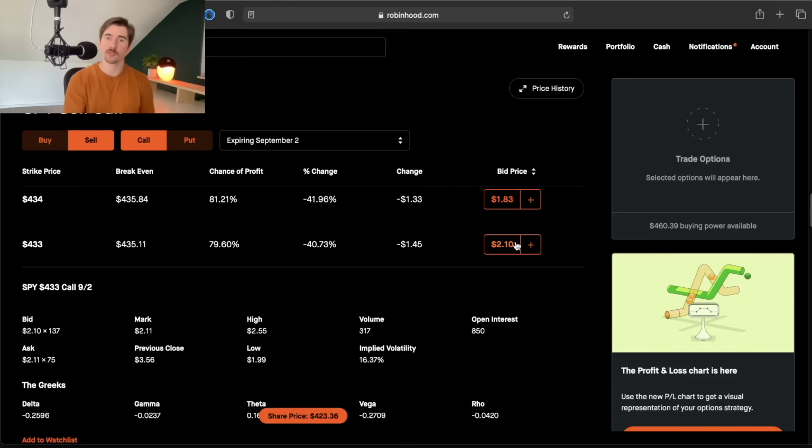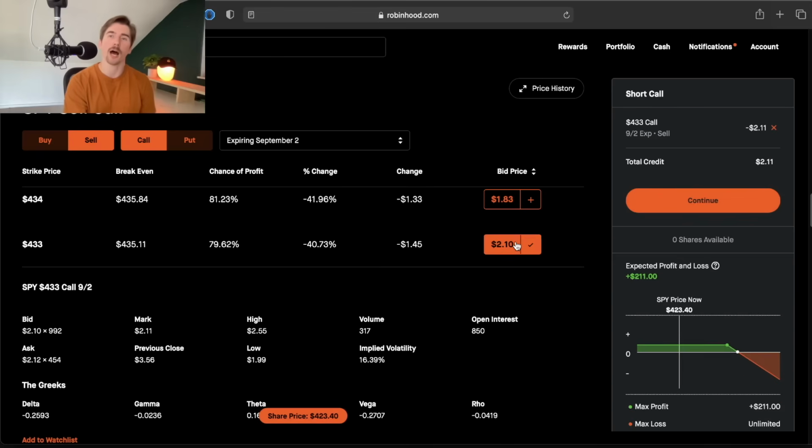And whenever I sell this $433 call, I'm agreeing to sell my 100 shares of SPY at $433. If SPY is below $433, then I get to keep my shares and I get to keep the credit that I'm collecting, which in this case is $209 in order to open this trade. And that credit that I'm getting is going to raise my break-even price to my strike price, $433, plus our $2.10 in credit, for a break-even of